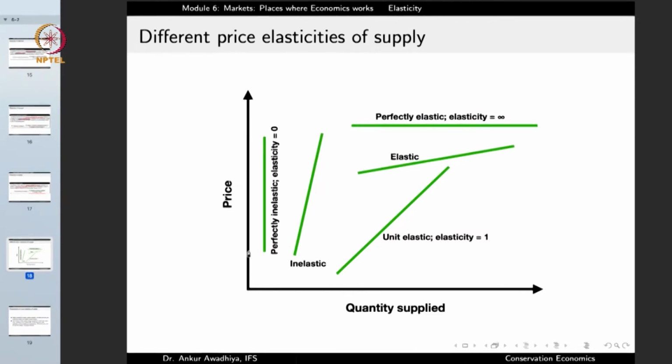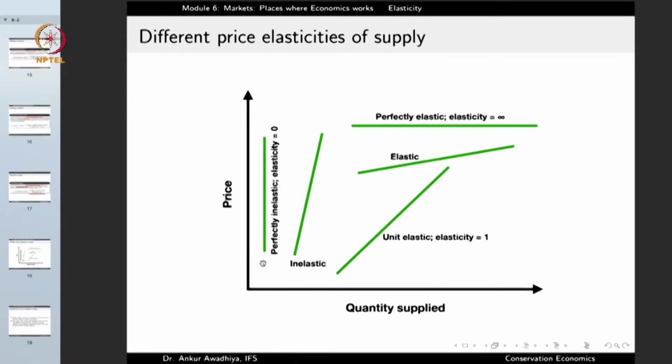So, even at this price, the quantity supplied is this much, and even at a higher price, such as this, the quantity supplied is the same. So here again we are having the same supply. So this sort of a curve is a perfectly inelastic curve, and we will say that the elasticity in this case is zero,